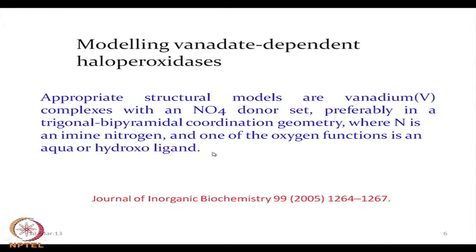So, one imine nitrogen can be dedicated to make the model compound of vanadium, and all other 4 positions we can take up by oxygen functions, because we have seen that surrounding this vanadium,